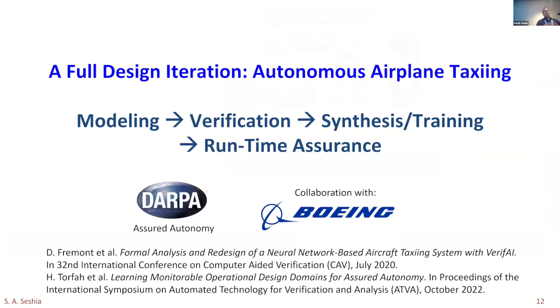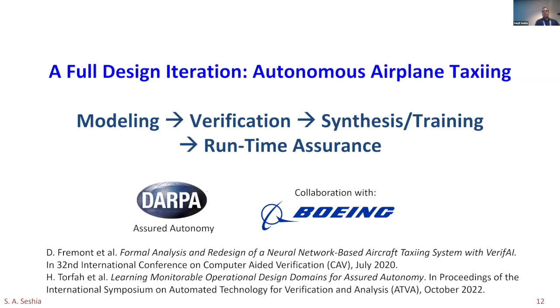Just to give you an example of what I mean by a design flow, right? SCENIC is a representation. That representation is kind of the centerpiece of the design flow. All the steps in the design flow operate on the representation in different ways, and they use the representation in different ways. Okay, so this particular example was one that was posed by Boeing in the context of a DARPA